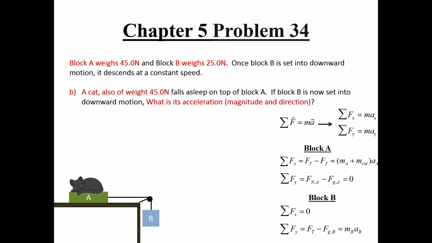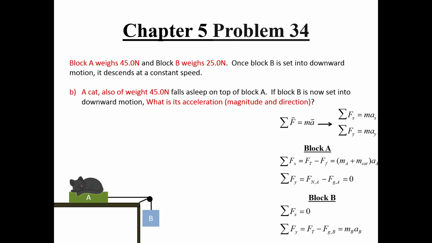Just thinking about this conceptually, would you expect the acceleration of block B to be upward or downward? Because the acceleration was 0 in the previous part, after block B is set in motion, the extra weight on A is going to slow the system down. Block B will be moving downward, which means if it is in fact slowing down, we would expect the acceleration to be upward. Let's check this. Like the previous part,